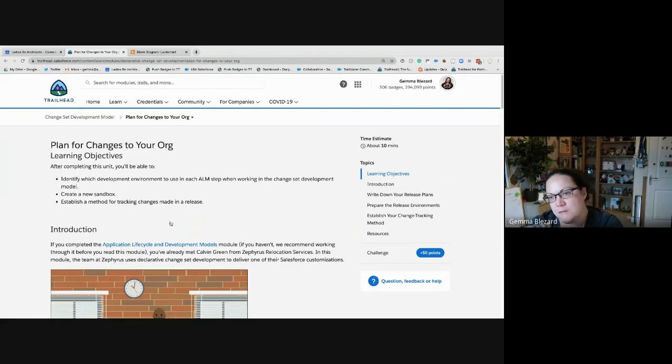The reason that we actually talk about application lifecycle management and change sets and all of those things is because it's very easy to get lost in the configuration that you're building. If you think about what's in your Trailhead playground now, could you honestly remember exactly what functions you have built in your Trailhead playground and why? Possibly not. So the reason that we have application lifecycle management is so that we can put some structure around that, so that we can ensure that the users that come after us understand why we made certain design decisions,